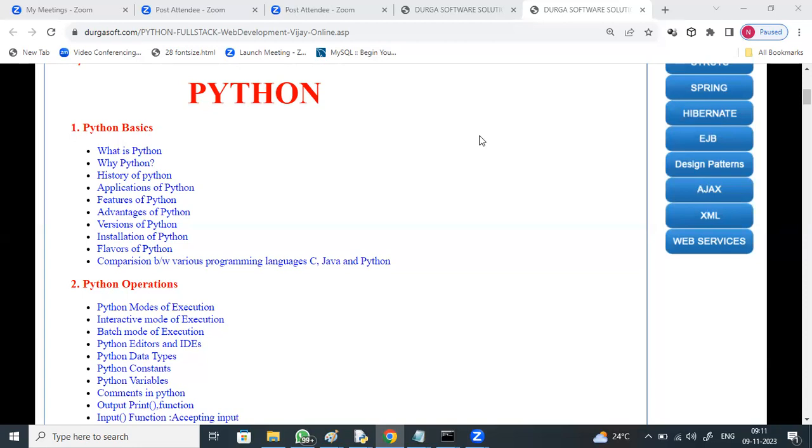The prerequisite for it is Python. Total coding goes in Python. You need to have the entire knowledge of Python, right? For PySpark, there is no need for Django, right? Yes.